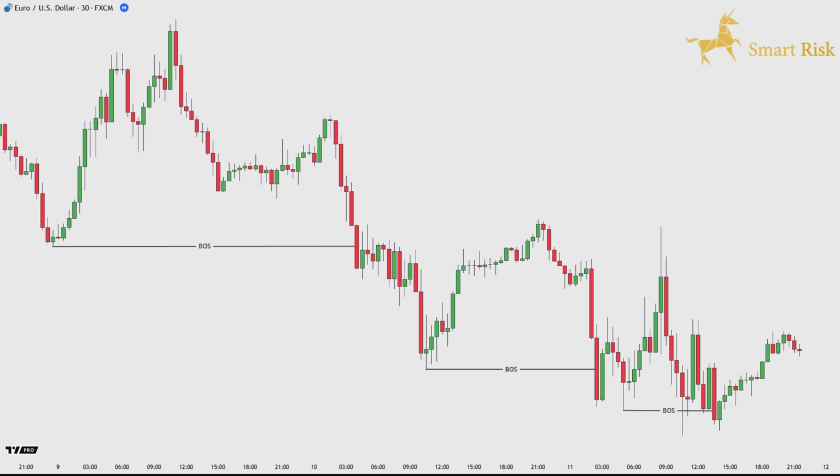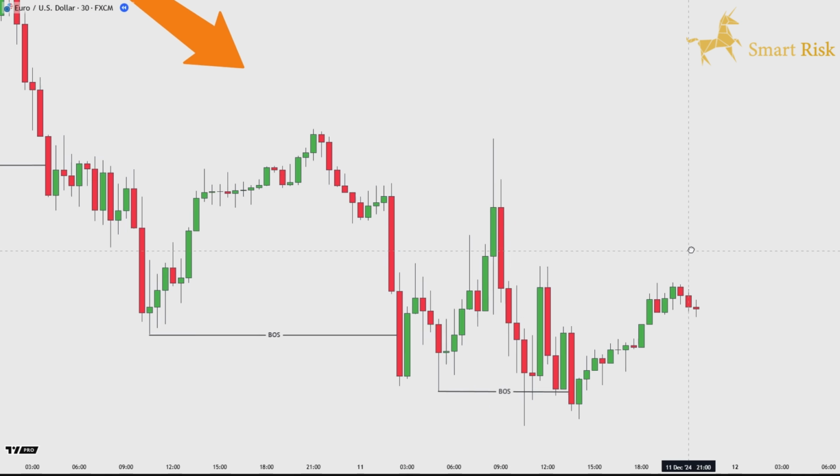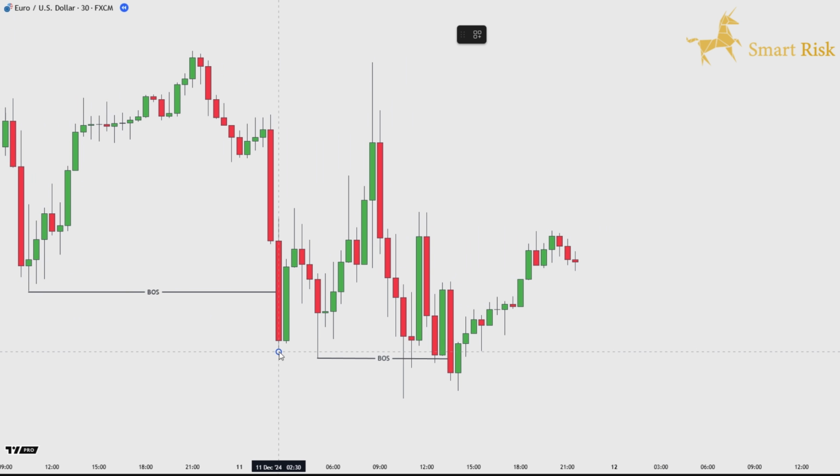Here, we have Euro-Dollar 30-minute chart displayed on the screen. As you can see, the market's overall profile is bearish, since the price has created multiple bearish breaks of structures to the downside. Take a closer look at the chart. You'll notice that price, after sweeping the sell-side liquidity below this swing low, it quickly moved upward with strong momentum